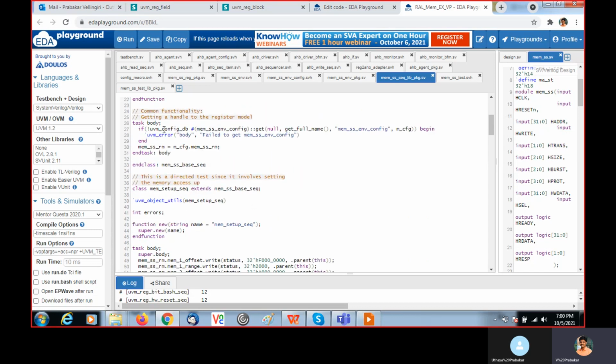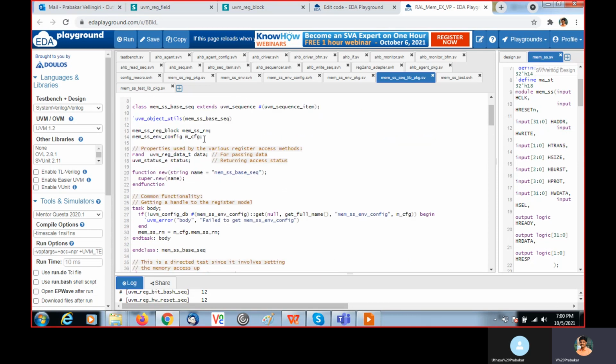Then inside the task body, I'm getting the handle. I instantiated mconfig here, that is nothing but the MSS env config. So for that, I need to get the actual handle that was already set. Here I am getting it using the get method.